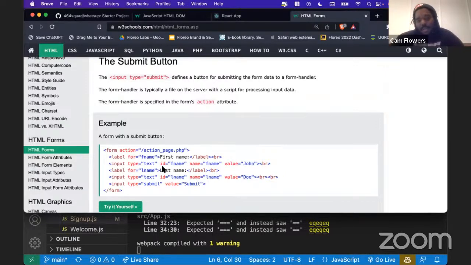The submit button is a specific type of input in React or in HTML. It's an input of type submit that creates a button for you. So if I, let's say here, just down here, say type submit,